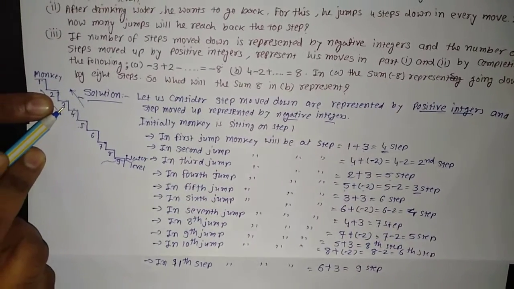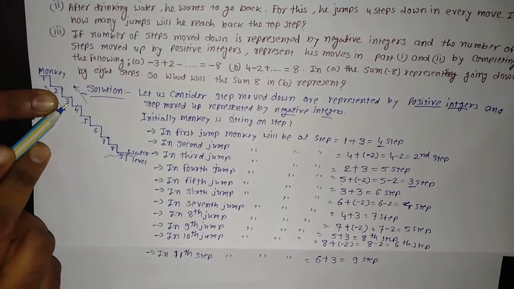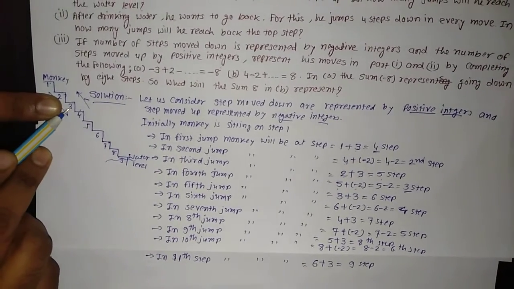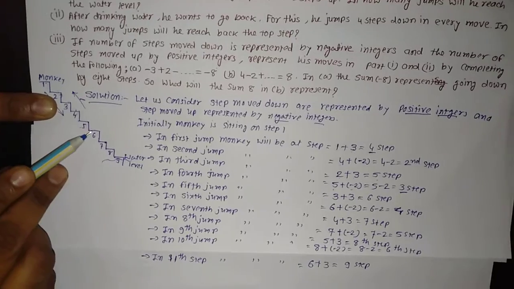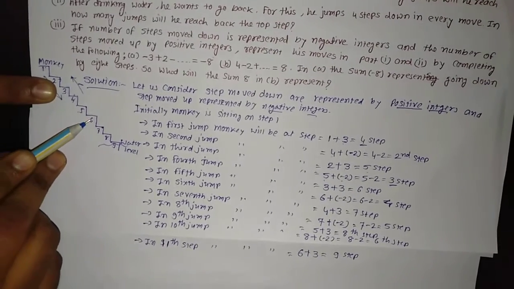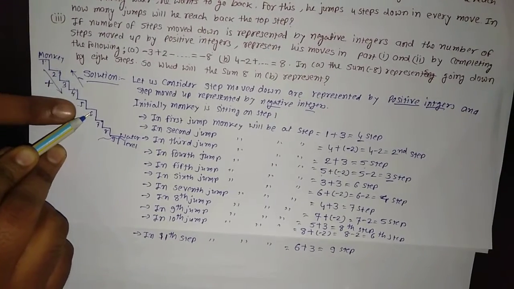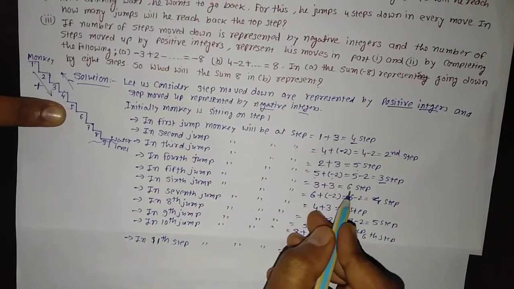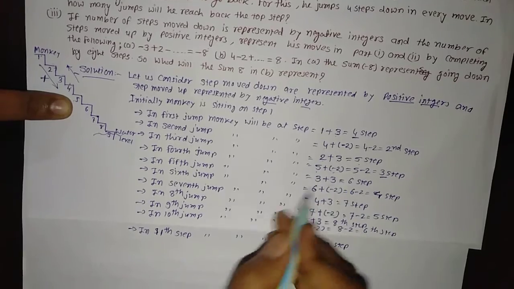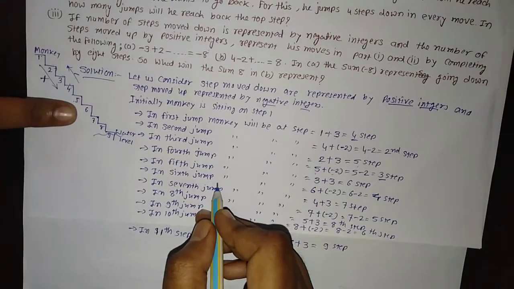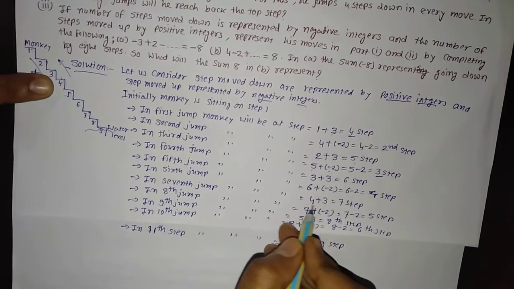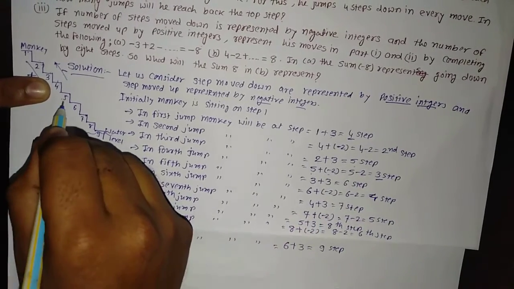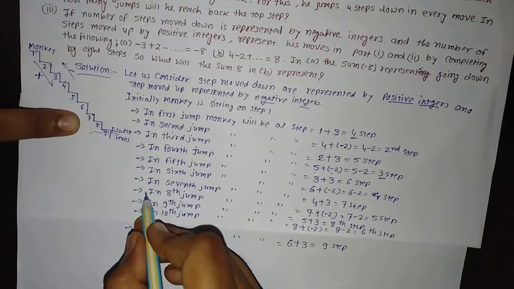Again the next jump, that is jump number 5. In that case, what would happen? It was on 3. 1, 2 and 3 jump. He will be on the 6th step. You can see on the 5th jump, 3 plus 3 is equal to 6. In the 6th jump, again 2 steps up, 1 and 2. It would be on the 4th. That is 6 minus 2 is equal to 4. Again 3, 1, 2 and 3. So he will be on 7 in the next jump.